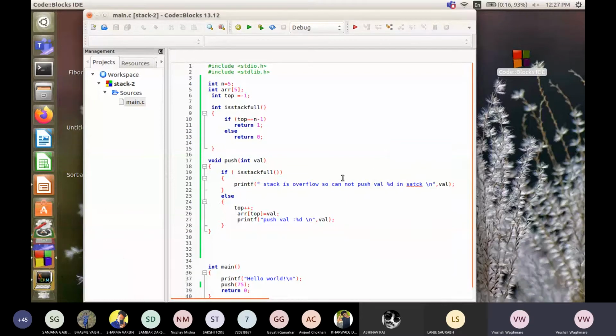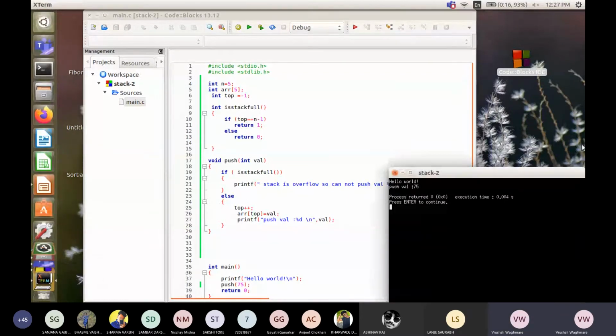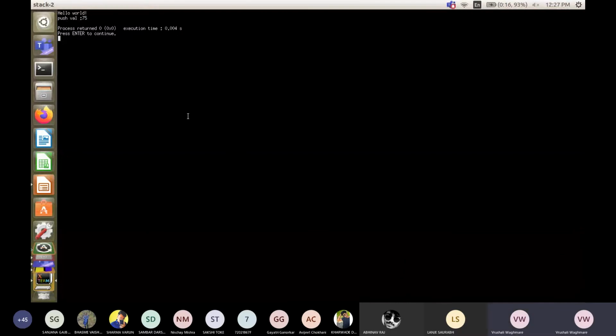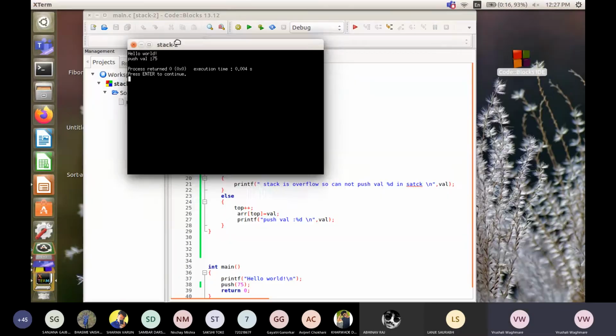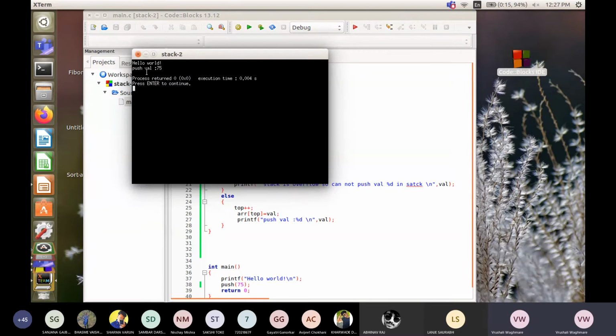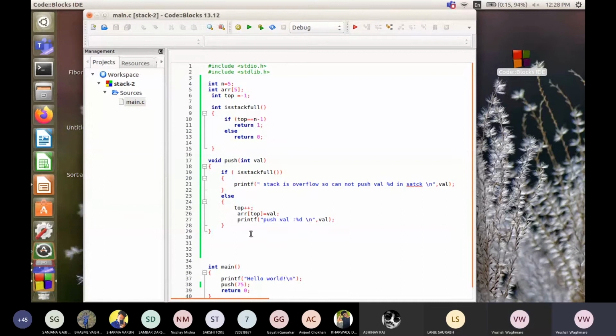So here we'll get the message after executing this. Push value 75. So our pushing operation is working successfully. Okay, how many elements can we push into the stack now in our program? 5 elements. Yes, because we have taken the size of array 5. ओके, साइज ऑफ अरे क्या लिया है? 5 लिया। अगर आपको ज्यादा लेना है आप वहां पे ले सकते हैं। This is just for example, we have taken this. ठीक है,